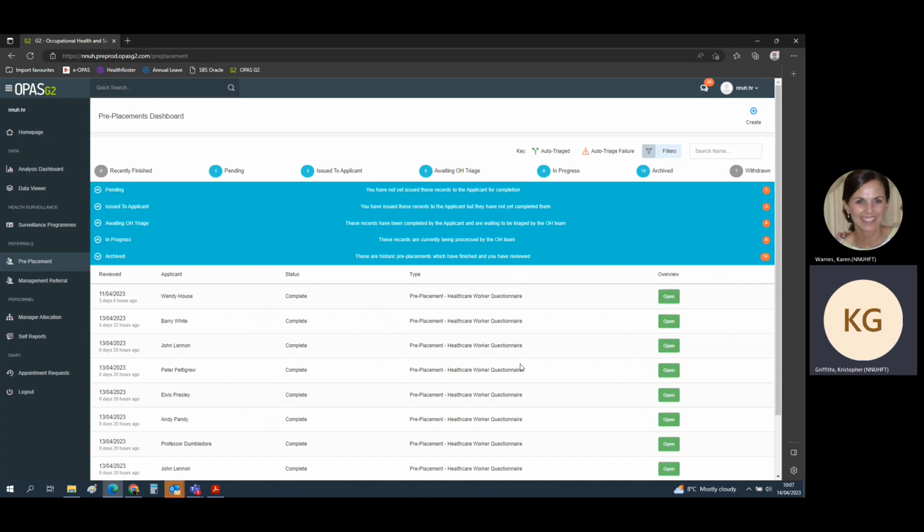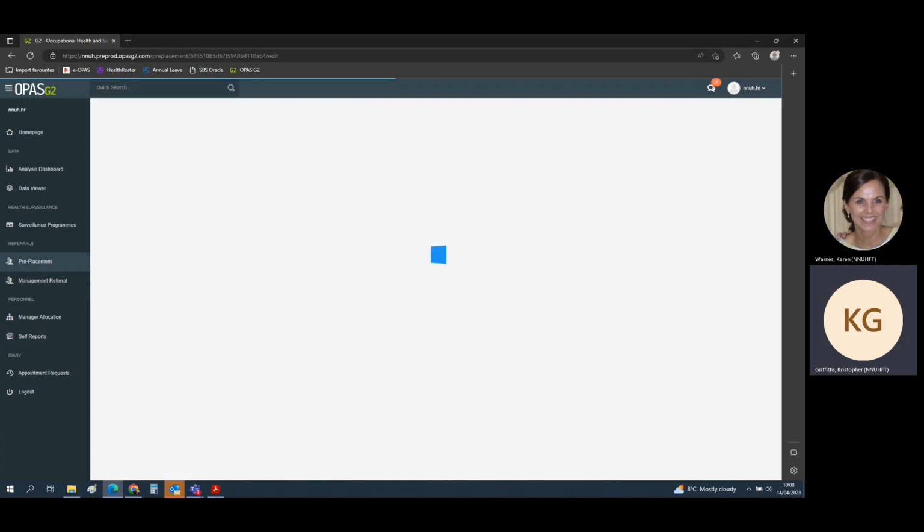So just a quick note, it is obviously the responsibility of the recruitment team to download the PDF report, the outcome report, and save it into your employment files or your records for your staff. So if we come then to opening one of the cases, let's say this Wendy House was the case that you're following, you'd click this open button,